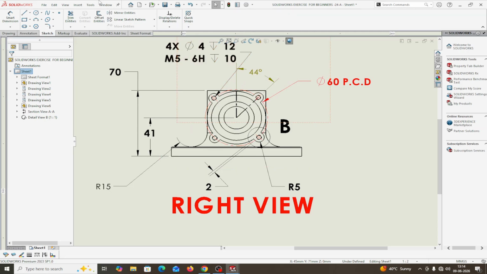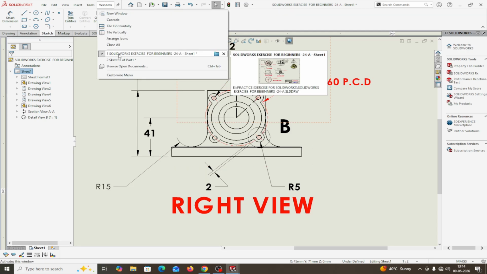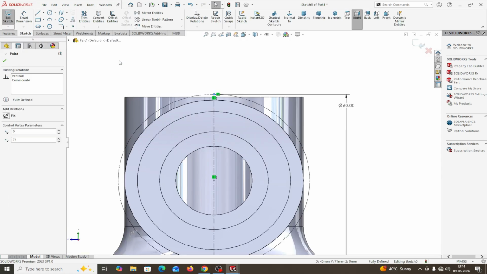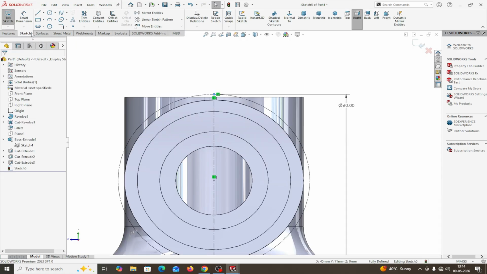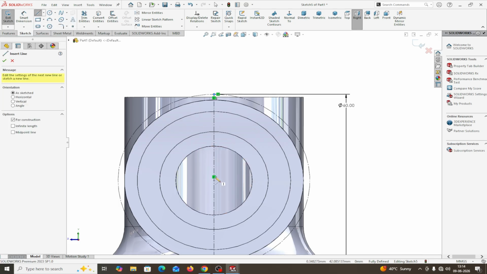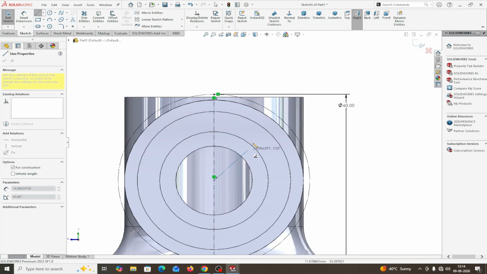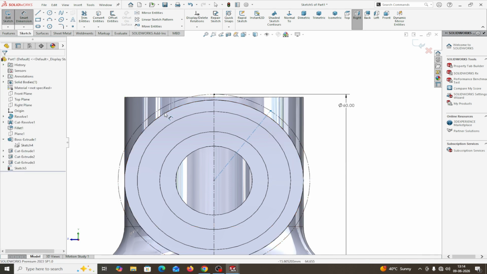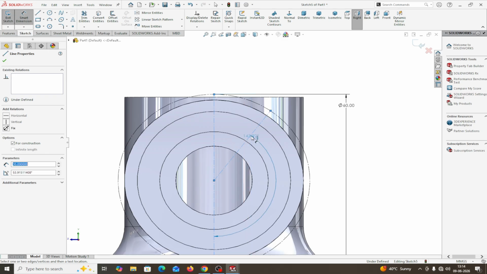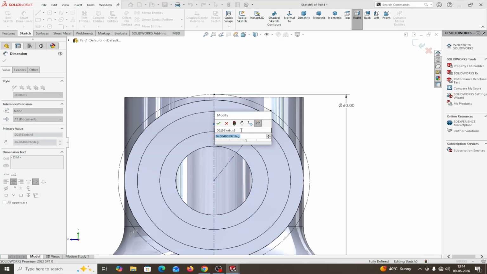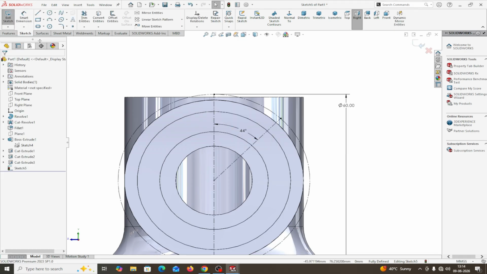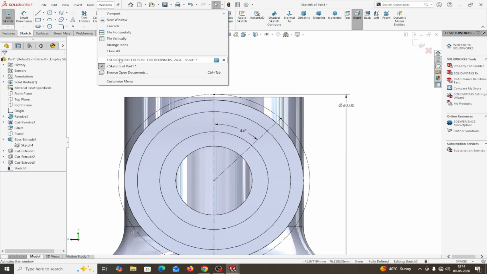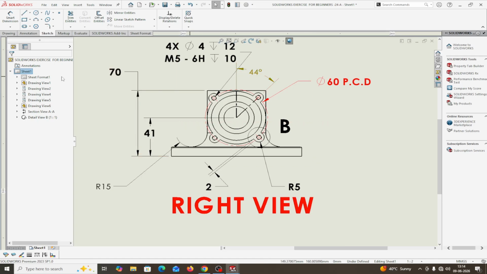Okay, now go part. I make a line here, center line here also, from this to this one. This is 44 degree. This is 44 degree. Please check what is the angle of this one. 44 degree. Okay,